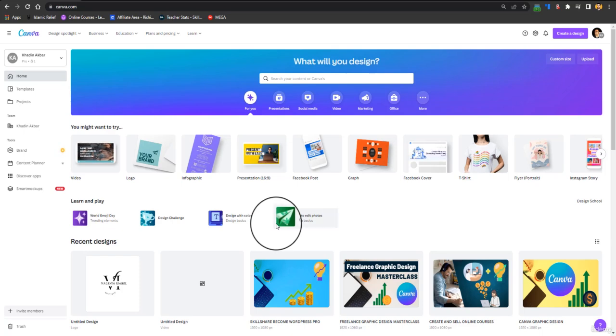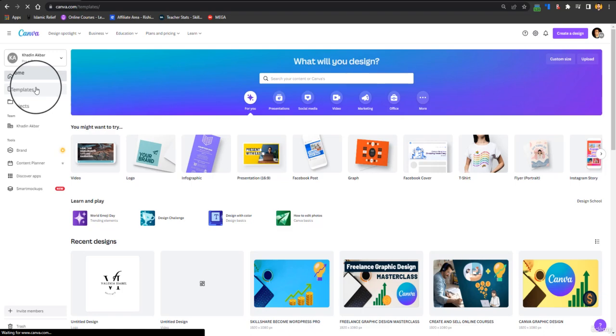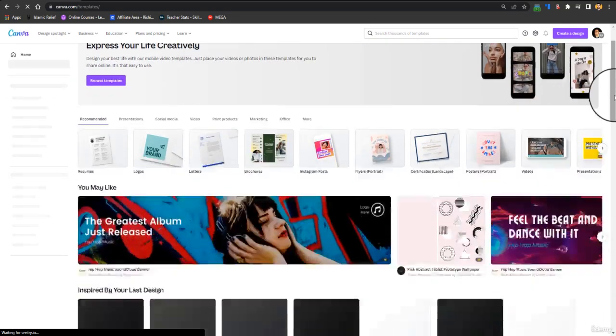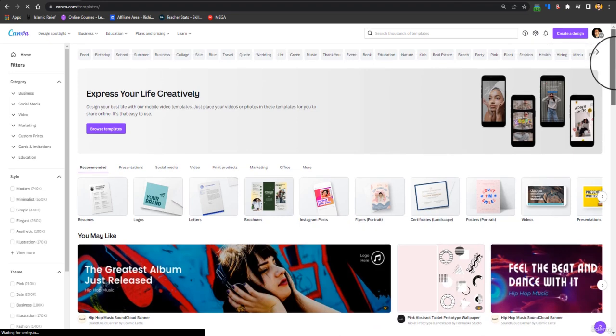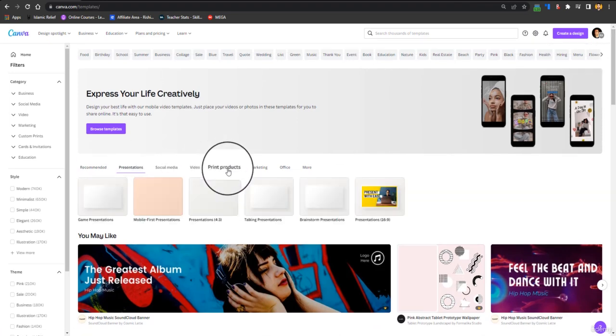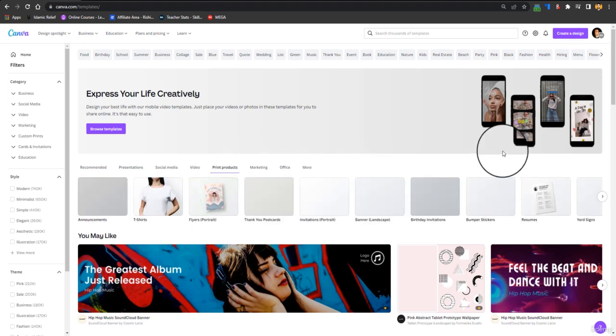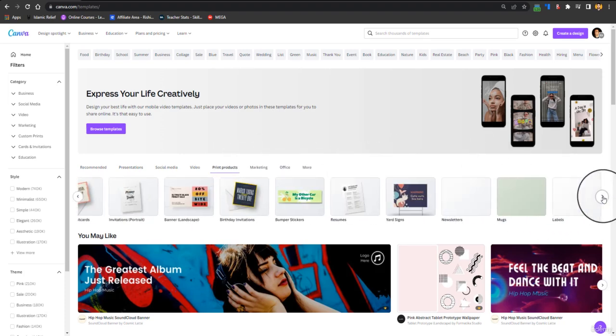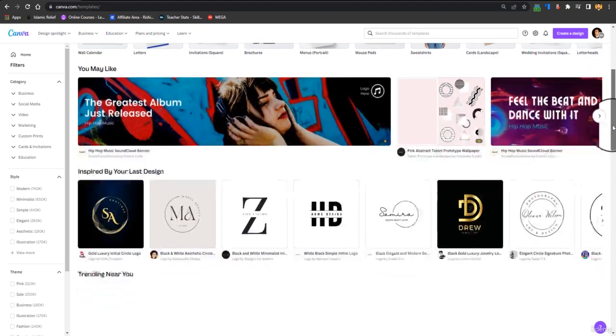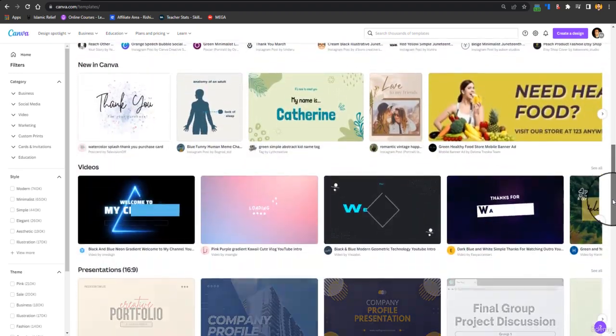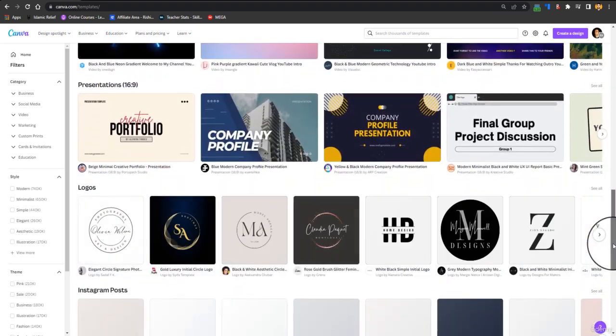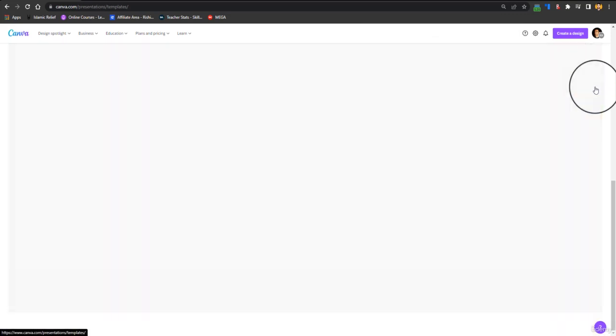So first of all, let's talk about the most important advantage, and that is premium templates. When you click on templates, you can see you have millions of templates available in Canva's library. Let's select print products, and from here you can select any template. Let's suppose this one.